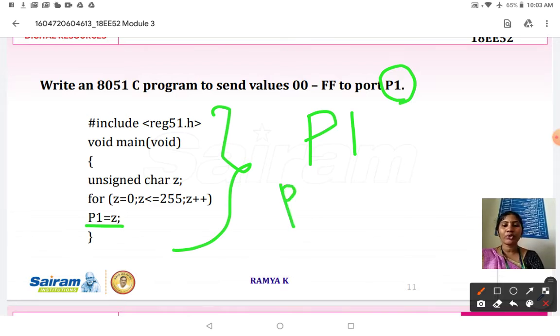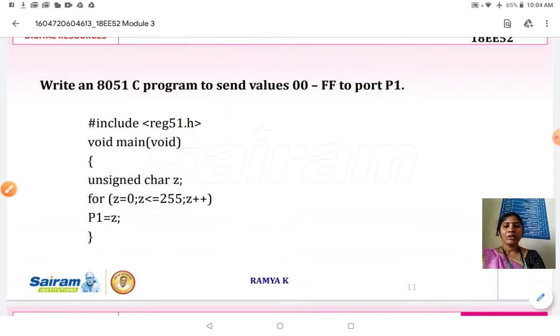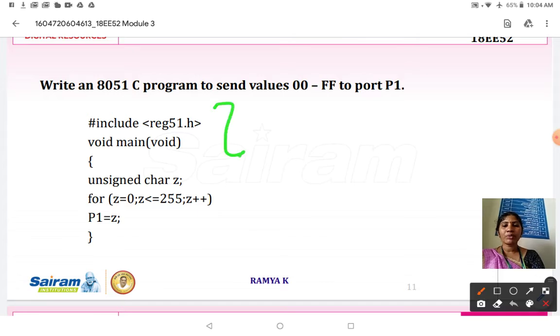Suppose if you are using small letter p1 in the place of here, then your compiler will show an identifier error. Clear? So when you write all these programs, after writing the program, you have to give the name of the program.